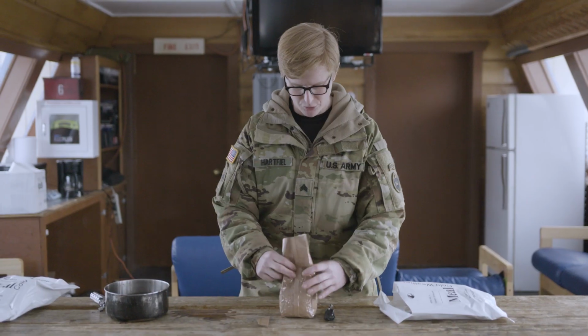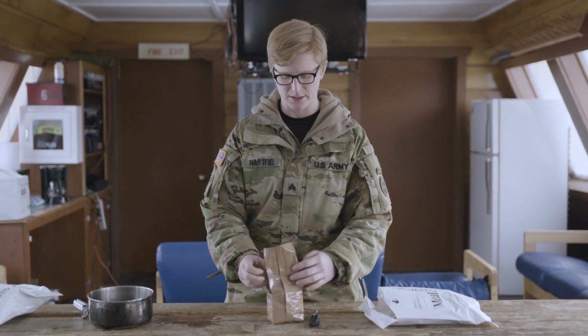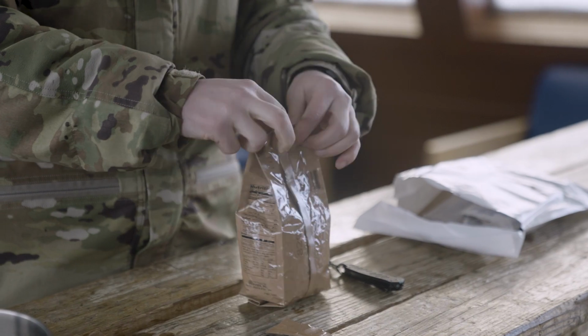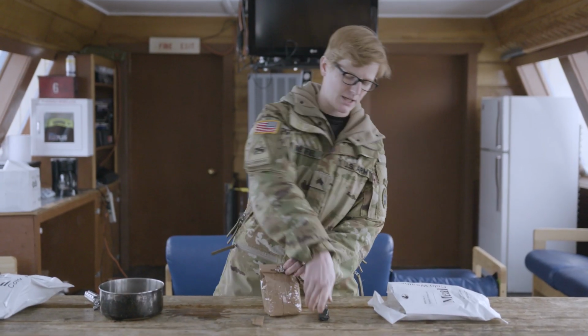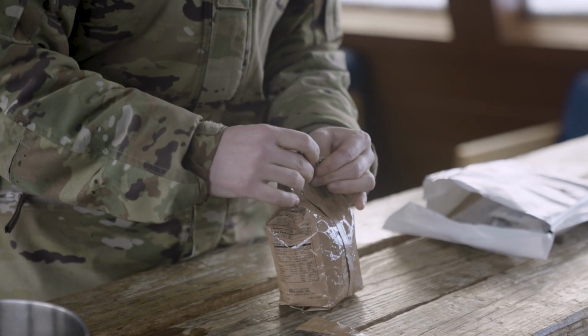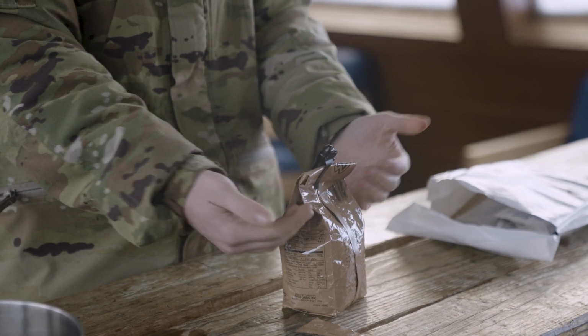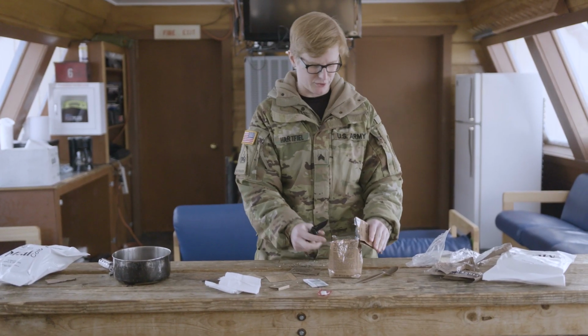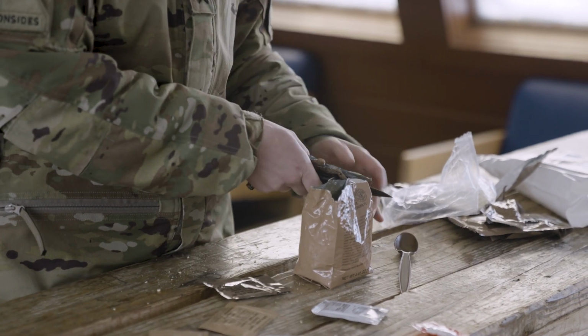I'm gonna let it mush around and make sure all of the meal is affected by the water, and then I roll it up. And this is where my handy dandy pocket knife comes into play. I use my pocket clip, and that way all of the heat stays inside. So once it's actually cooked, I cut it lower. And the only way you're gonna learn these things is if you get out there, choose an adventure, and just